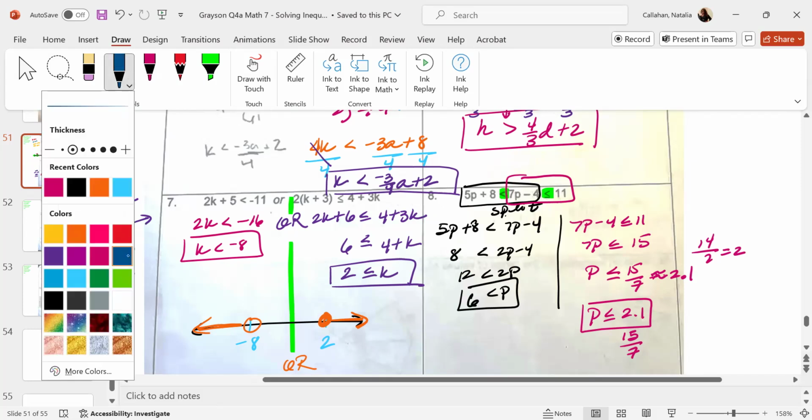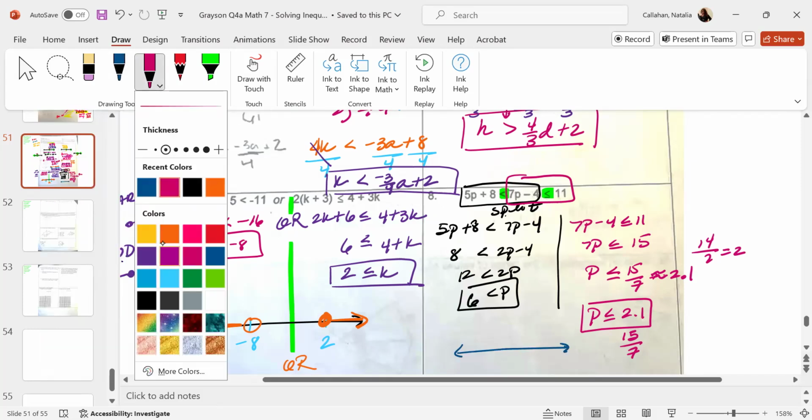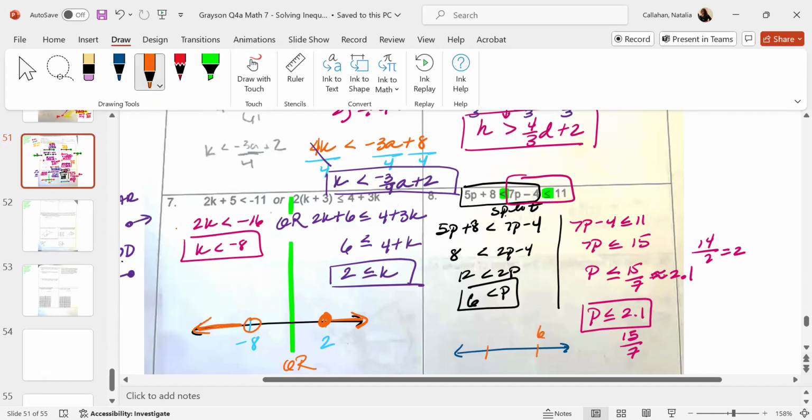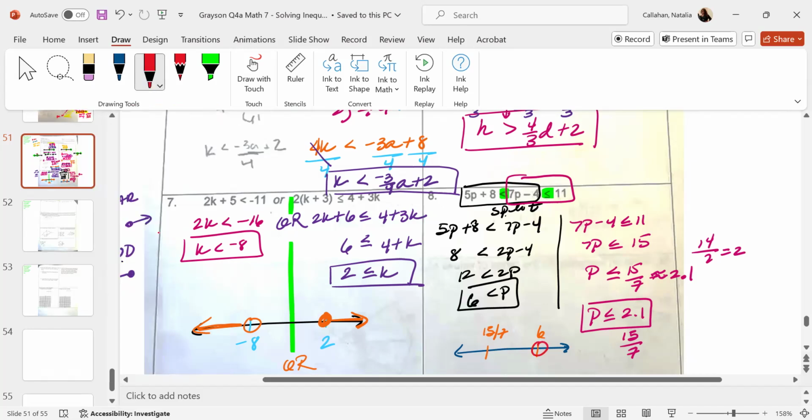All right, so then we're going to go ahead and graph this. We should have 6 on the right side, 15 over 7 on the left side. And when we graph this, we are going to have an open circle going to the right, closed circle going to the left. And that is your graph. And that concludes the first part of